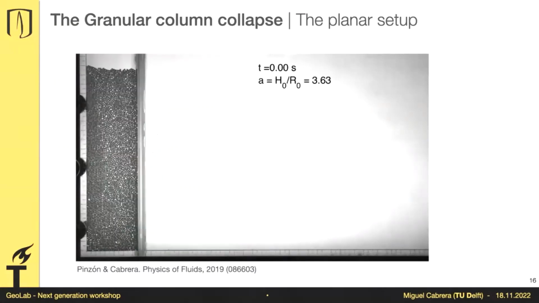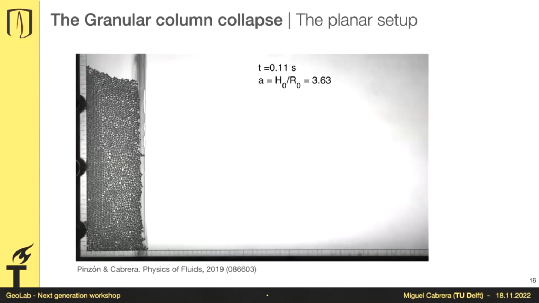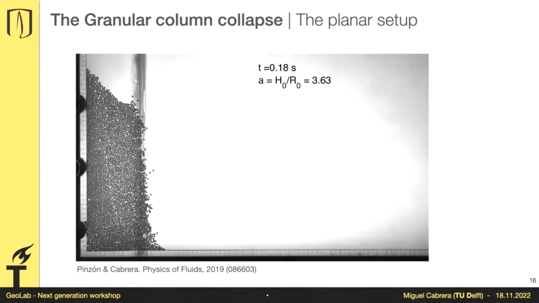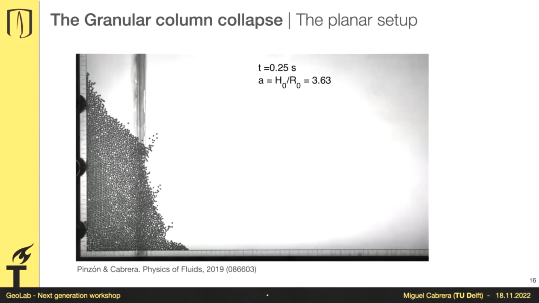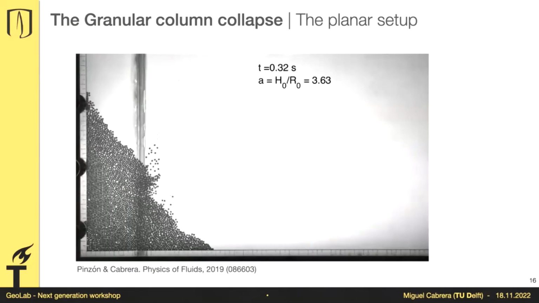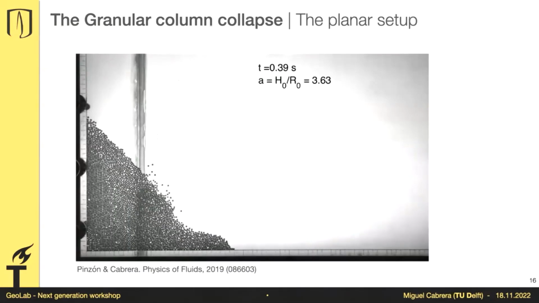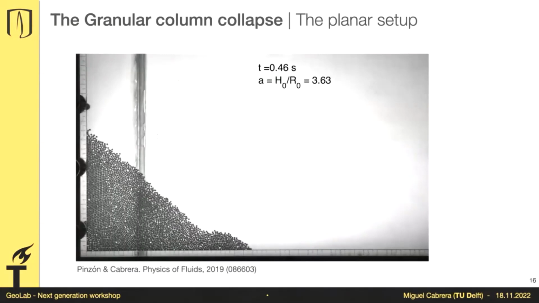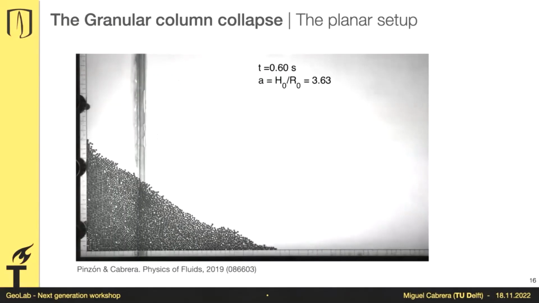Let me play it again, because here goes a principle that is, if you look at cycling, you will notice that in a team, the riders that go on the front eventually go back. Here you have exactly the same. You will see that some clusters of particles start to appear on the front, and they are moving back. And that's because they receive most of the drag, and by receiving the drag, they let the particles that are behind move ahead. And overall, the collapse is slightly different to what we have seen before that was dry.